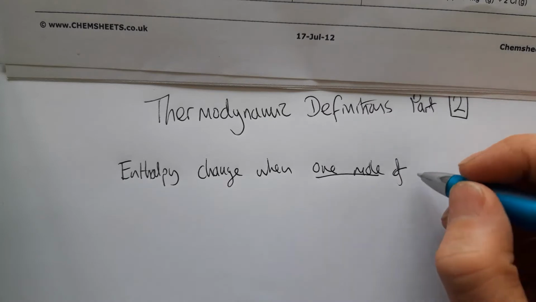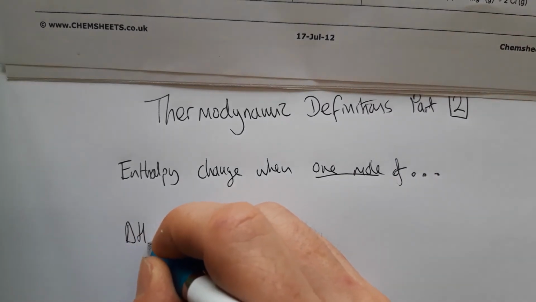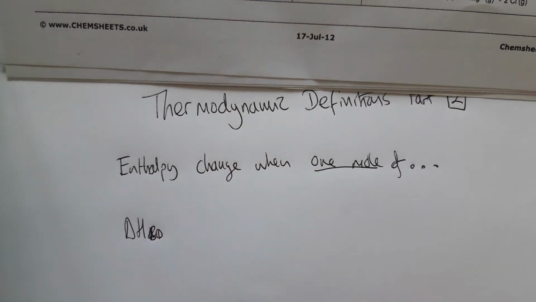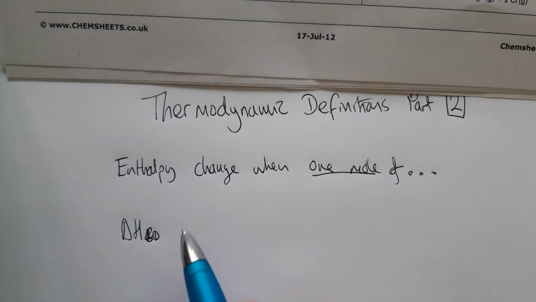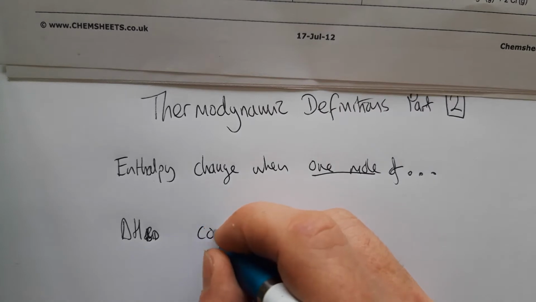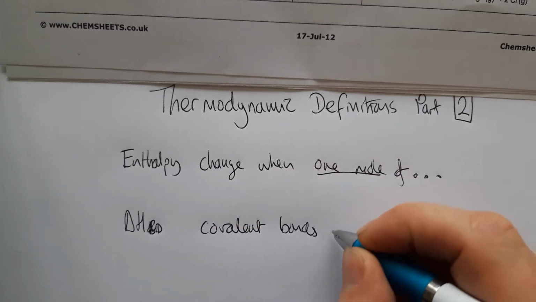In this case, bond dissociation enthalpy, which I'm going to write as delta H BD, for bond dissociation, they might call it DIS on there, is the enthalpy change when 1 mole of covalent bonds is broken